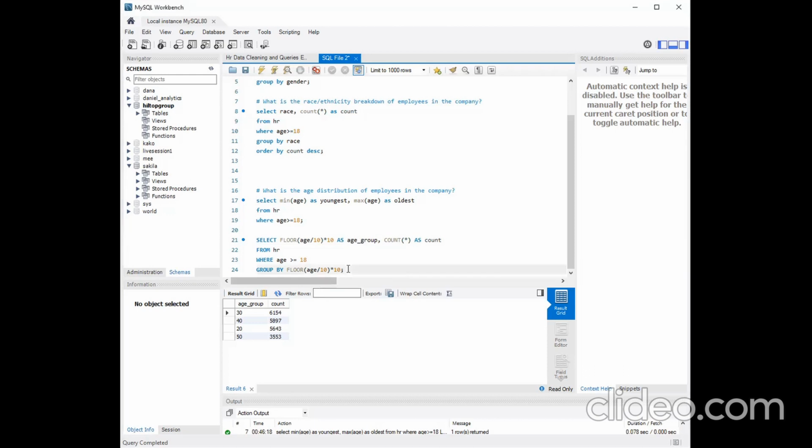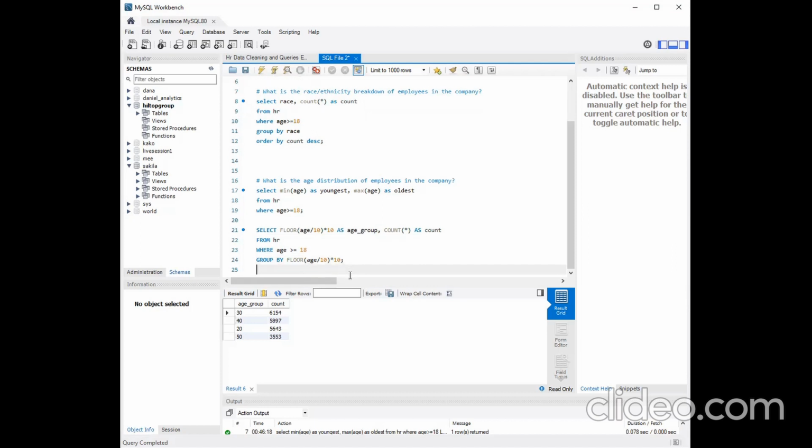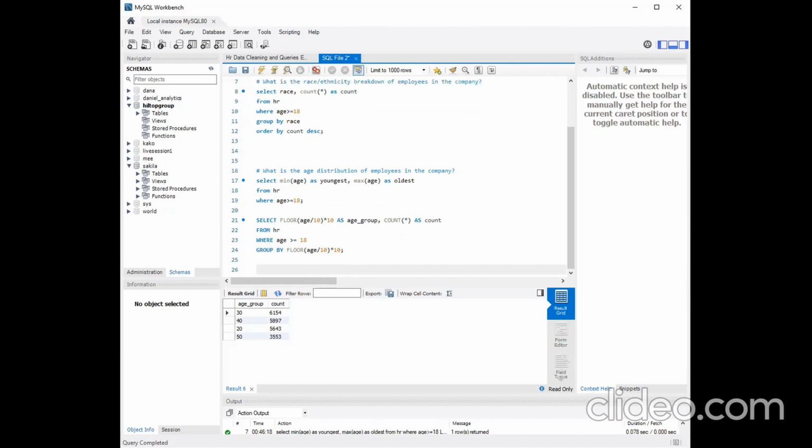Okay, which is why we are having all this. Those that are 32 years, 34 years, they are taken to the age group 30. Those that are 41, 42, 43, 44, they are in the age group 40. Those that are between 20 and 30 are in the age group 20, while those that are 50 and above are in the age group 50, right? So we made it the nearest multiple of 10 so that we don't have ages flying around, okay? So the next thing we want to do is